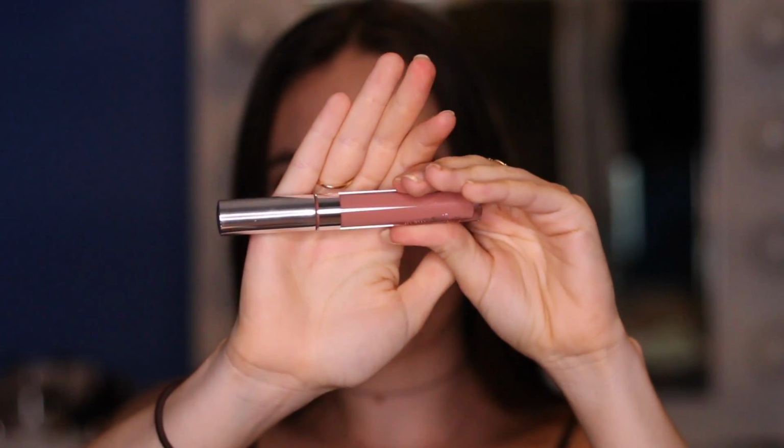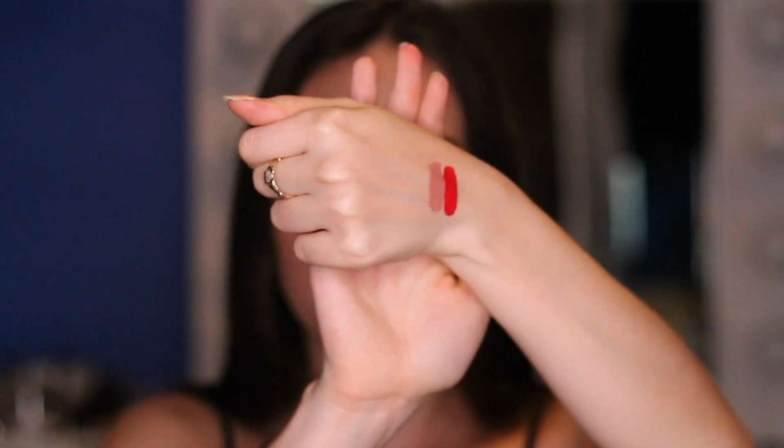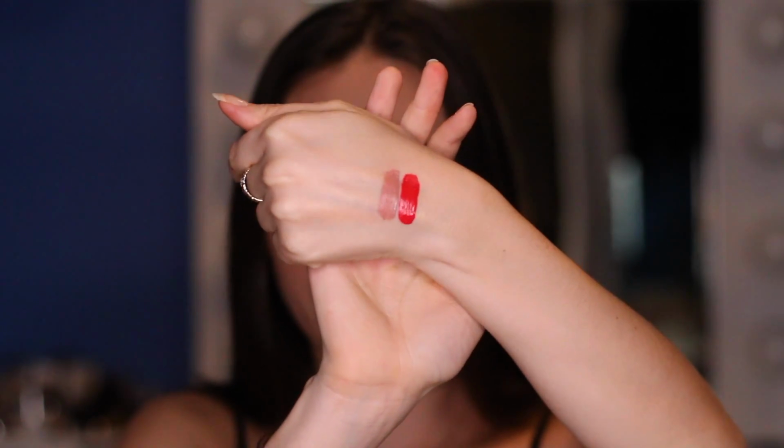So all 3 of them are different formulas, which is kind of cool because you get to test them all out. So this is the color. It's just a really pretty pinky nude shade. So this is the Ultra Satin, and it's definitely more like a whipped consistency versus the Ultra Matte Lip. The Ultra Matte Lip is really liquidy. So again, I'll do close-ups after, but I just wanted to show you guys the different formulas. I got that, and then the Ultra